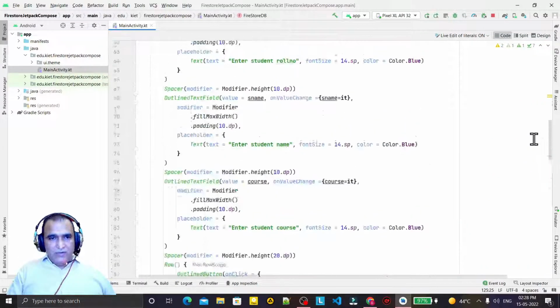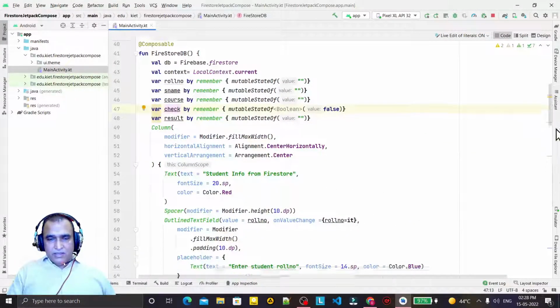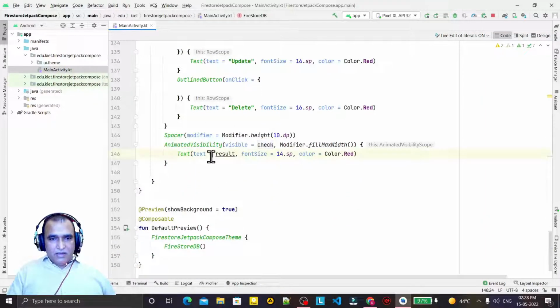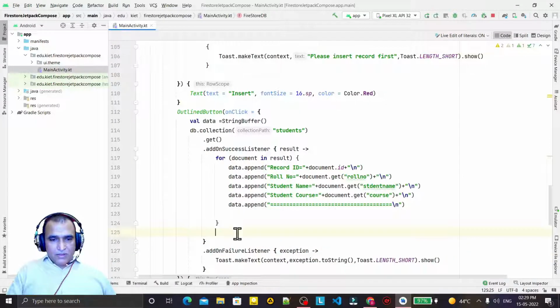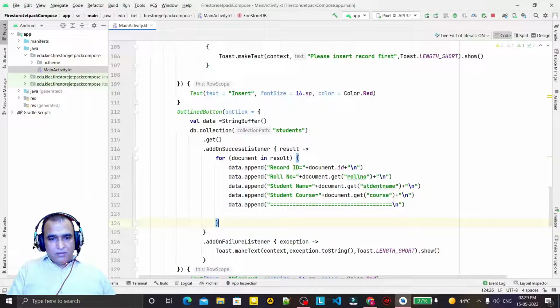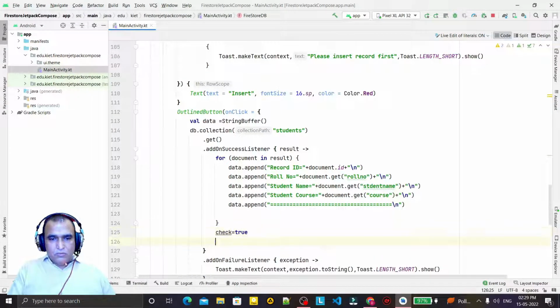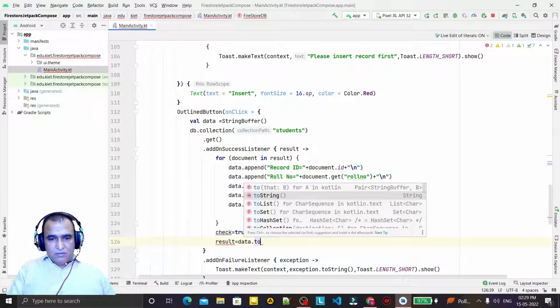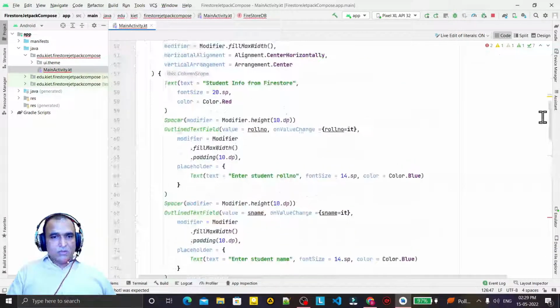For that I have a field, this field, I have check field and result. The result is a text field here, and that will display data. So I say check equal to true, and I say result equal to data dot to string, like this. So we have result val. So I need to